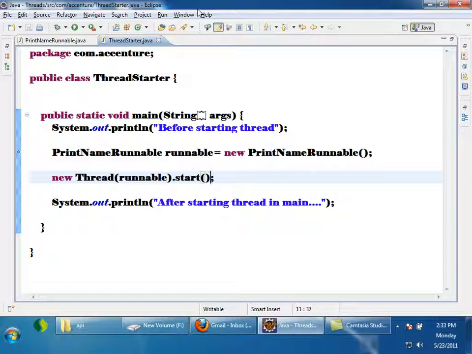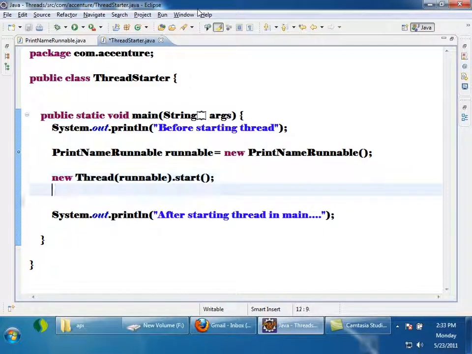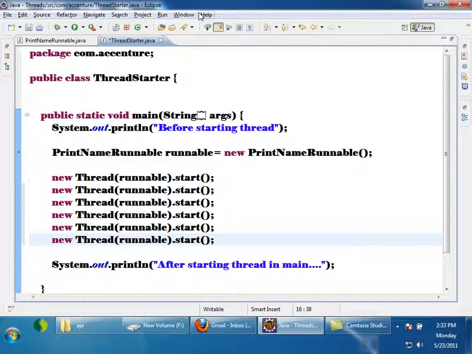So this will start how many threads? 1 thread. Now I created 1, 2, 3, 4, 5, 6 threads and started them. Once all the threads start, what will they be executing? The same code, right? But each thread will be assigned a unique name: Thread-0, Thread-1, Thread-2. Let us see the output.